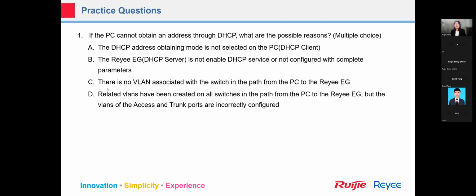So this one, if there is no VLAN associated with the switch in the path of the PC to Ruijie, for example, we have 3 switches between the client and the server. You only create VLAN 10 on switch 1 and switch 2, but not switch 3. They cannot send out the message successfully. The last option is you already create the VLAN 10 on 3 switches, but you have to create the correct